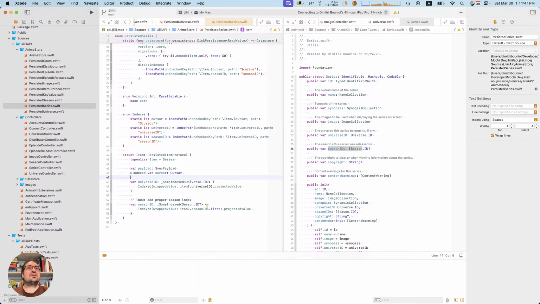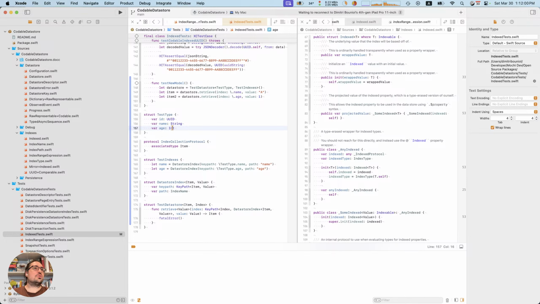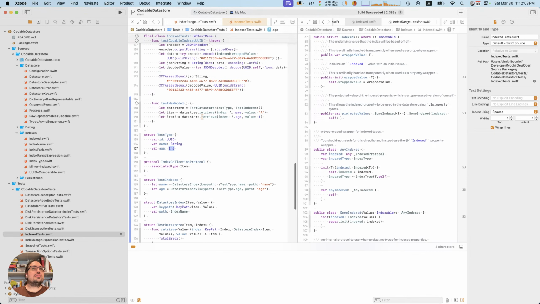For instance, if I had a million of these test types, they all have an ID, a name, and an age, and I wanted all the ones that were age 3. I want a method where I can say, hey, database, give me all the things where the age is 3. And it would do its magic in the background to give me the results. This is called an index.